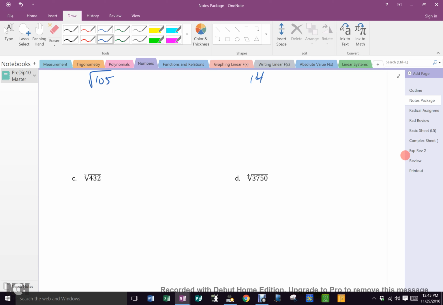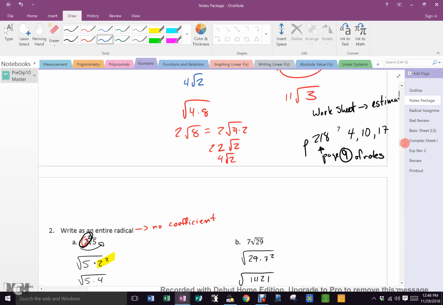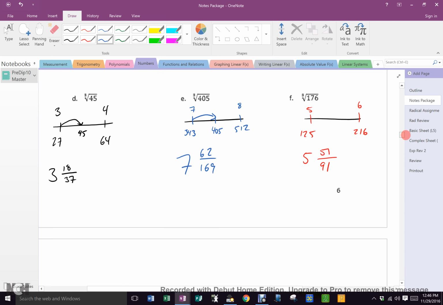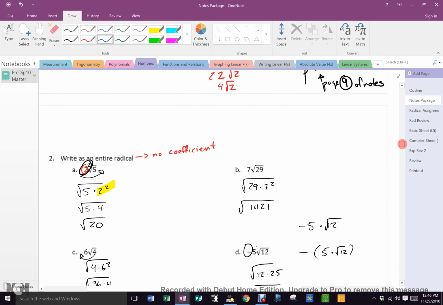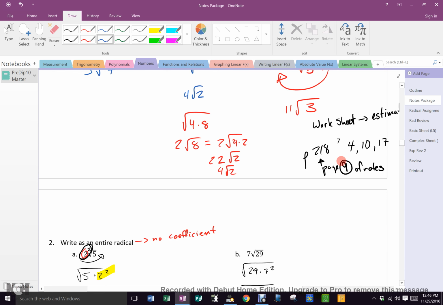What's the next thing on your outline? It says worksheet. Thank you very much. No, we just did the worksheet. You did 218, 410, and 17. And what did I assign for you from page? Is that all I assigned yesterday? Yeah. You send the worksheet and then those numbers. Yeah. Oh yeah. Okay, so now,